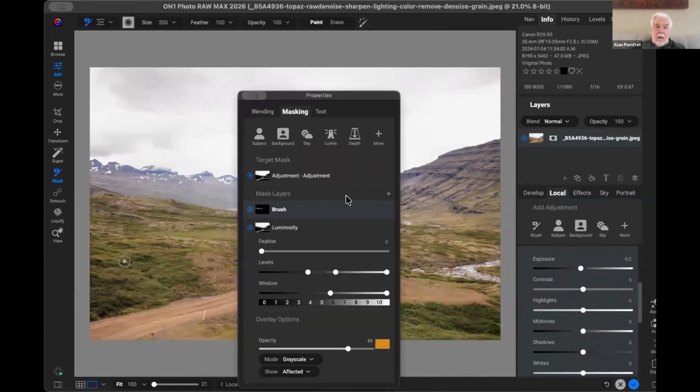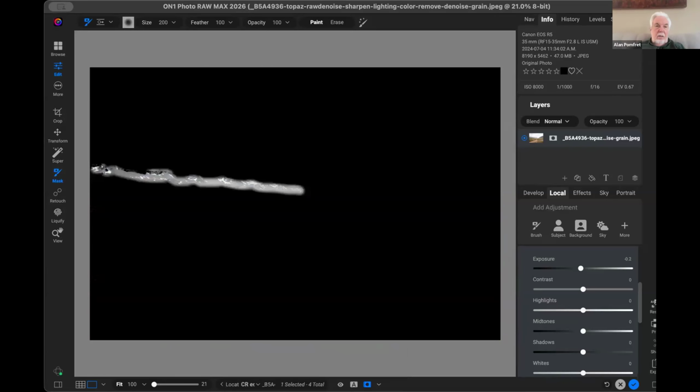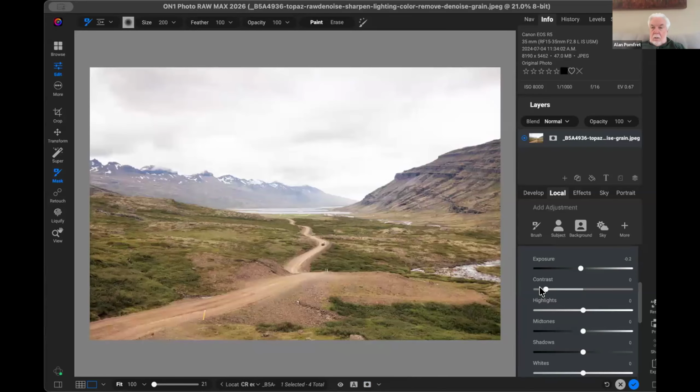However, if you go back to the brushing mask, go down and tell the computer you're not just adding a masking brush, you want it to intersect with the luminosity mask, which is below it. So this time, the mask now looks like this. And in this case, if you go to exposure,